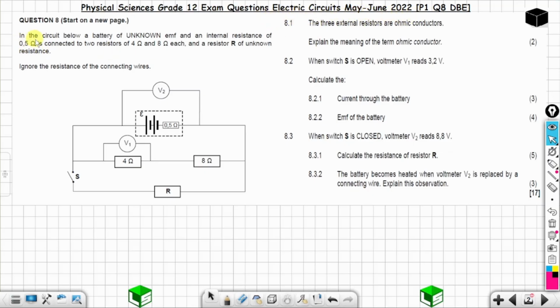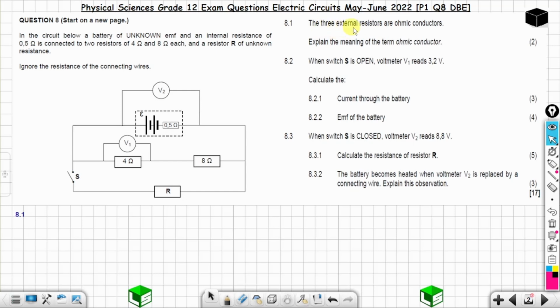In the circuit below, a battery of a known EMF and an internal resistance of 0.5 ohms is connected to two resistors of 4 ohms and 8 ohms each and a resistor R of unknown resistance. Ignore the resistance of the connecting wires. Okay, you are given the following circuit. Now, 8.1,